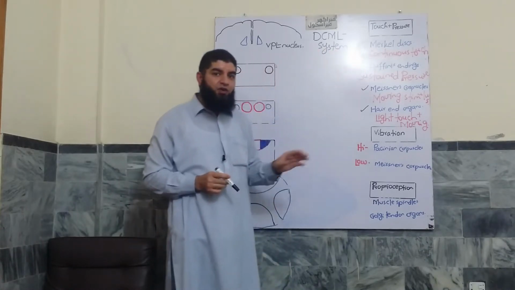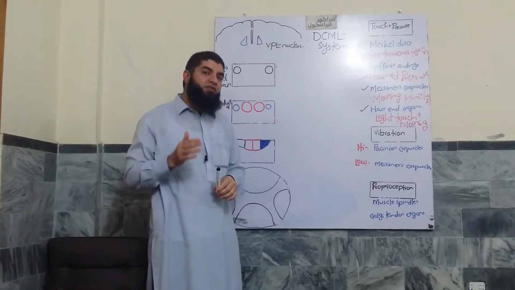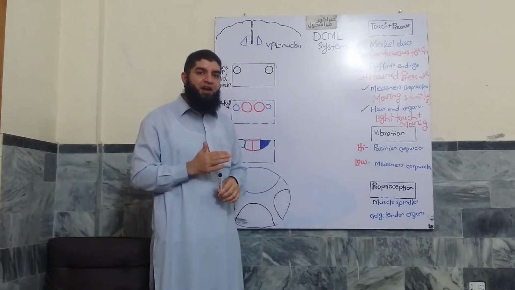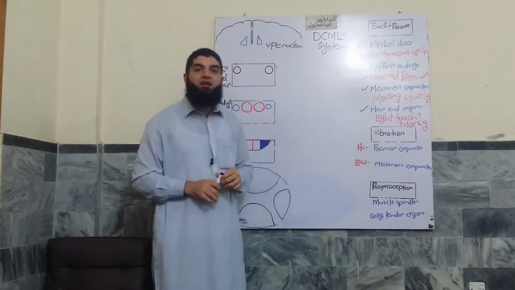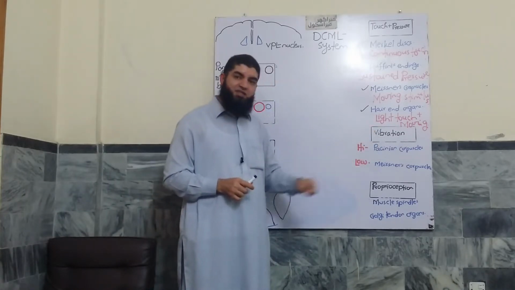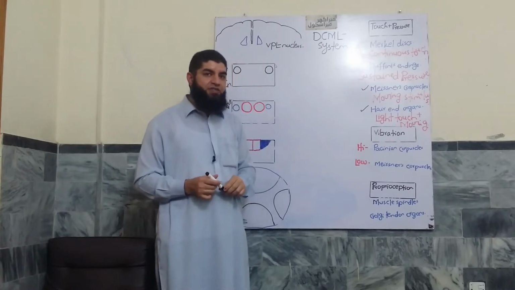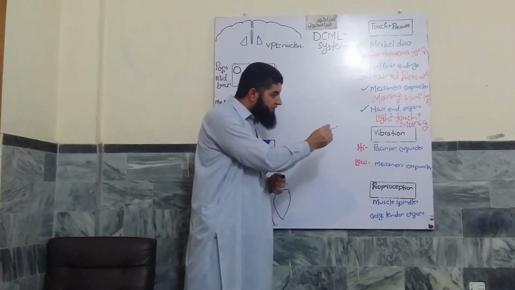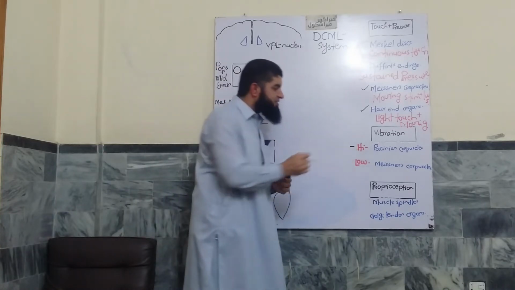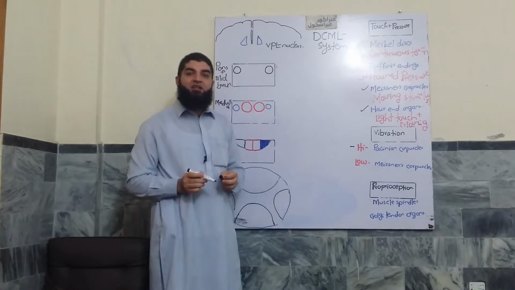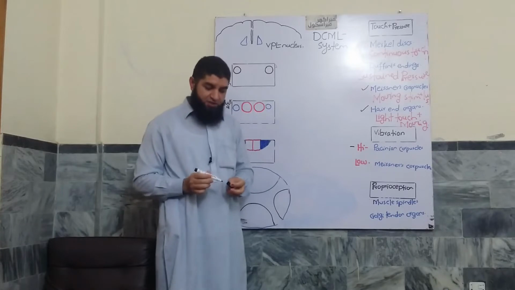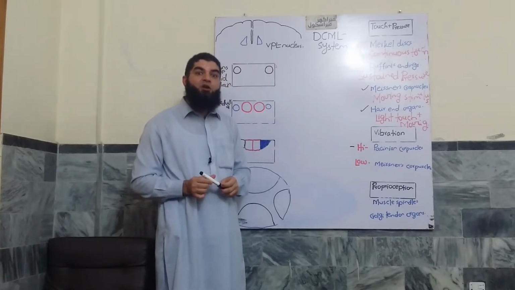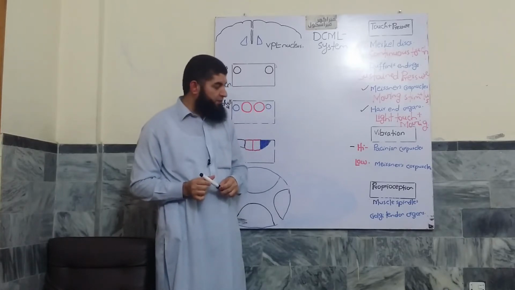Okay, and for vibration, if we go for the same oversimplified scheme, it is primarily detected by the Pacinian corpuscles and the Meissner's corpuscles, and the only difference is the Pacinian corpuscles will primarily detect high frequency vibrations, while the Meissner's corpuscles will primarily detect low frequency ones. Okay. Similarly, for the